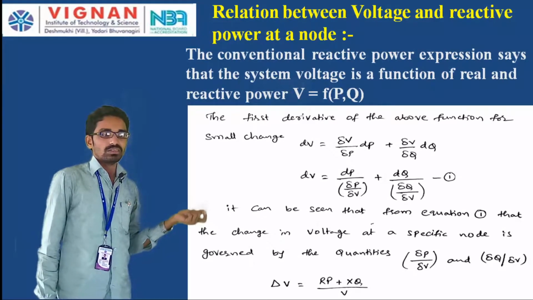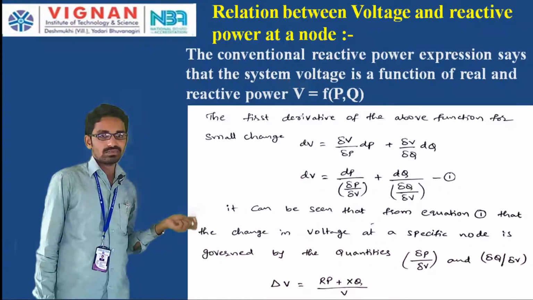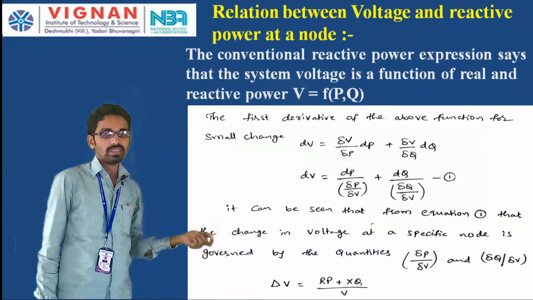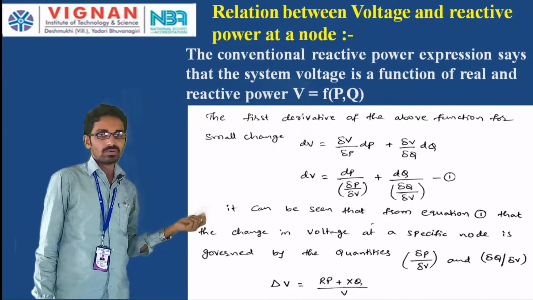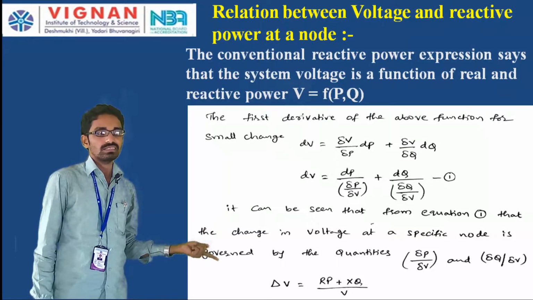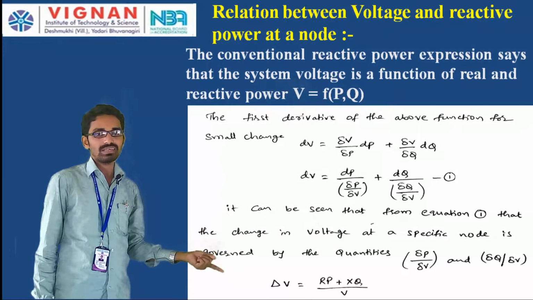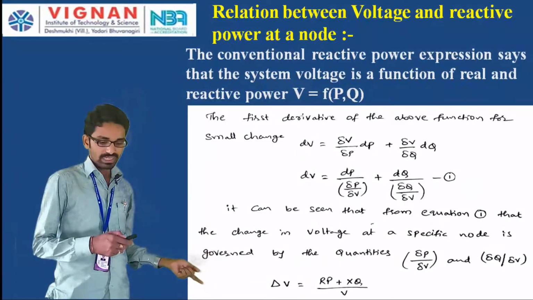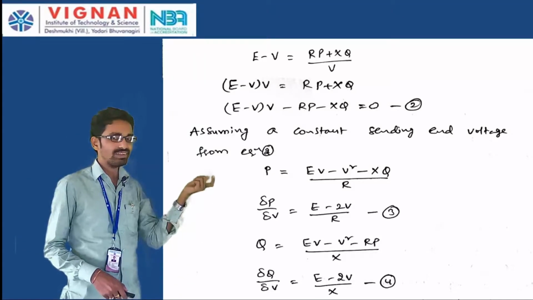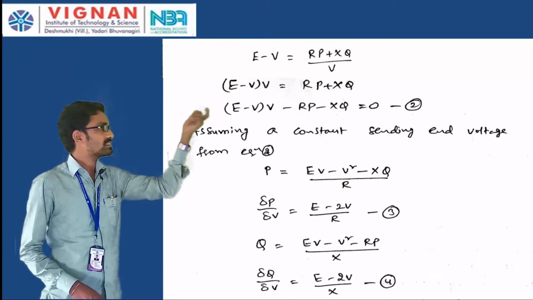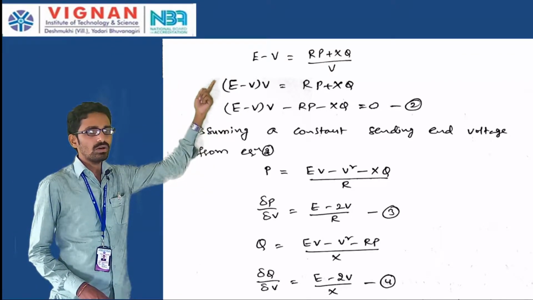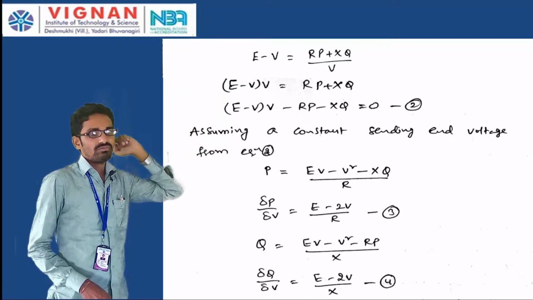In the last lecture, on the role of reactive power on voltage and voltage regulation, we got del V is equal to (R P plus X Q) by V. If we consider del V, it is nothing but the change in the voltage, E minus V. So in place of del V, if I consider E minus V, then E minus V is equal to (R P plus X Q) by V, right.